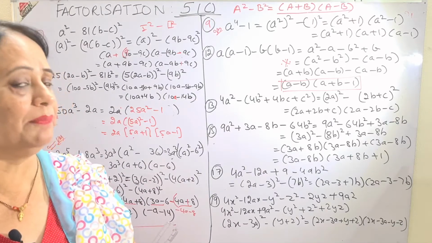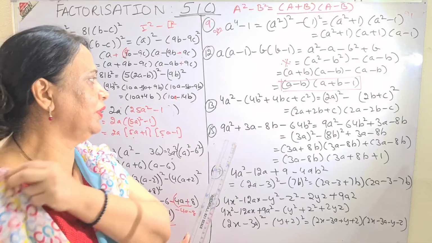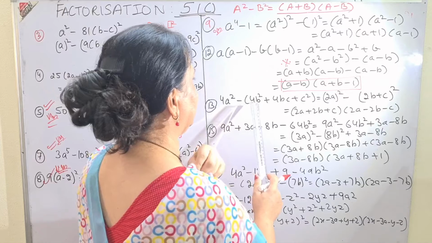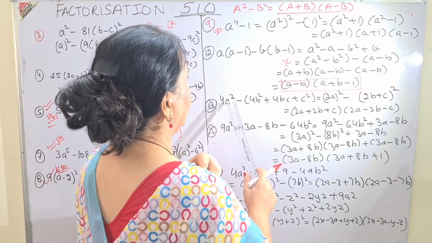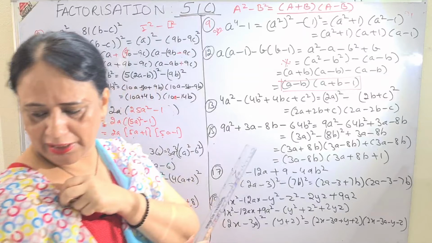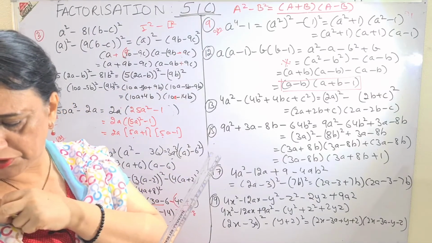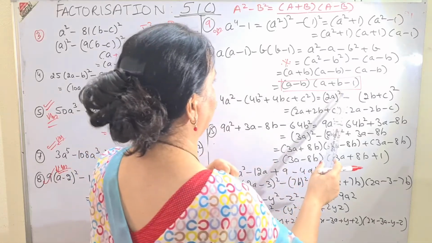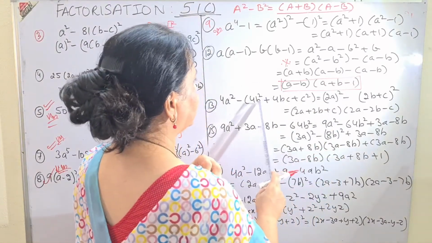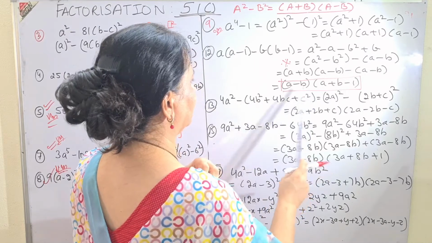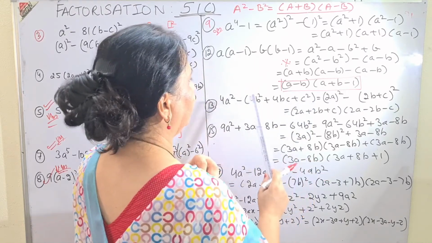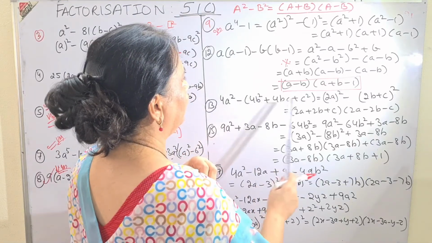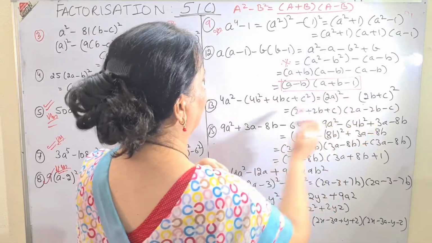Again the same type of sum, little difference. See what in this sum you will do. 4a square minus 4b square plus bc plus c square. See what I have done. This is the type of question I have been given, that is question number 13. 4a whole square can be written as 2a whole square. But this second, third and fourth term you change it into a perfect square. When you will use the formula a plus b whole square, you will get 2b plus c whole square, because when you open this formula, this will be the answer.